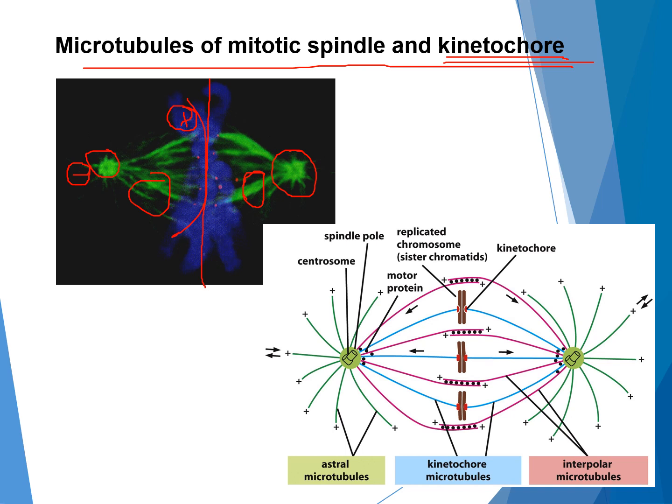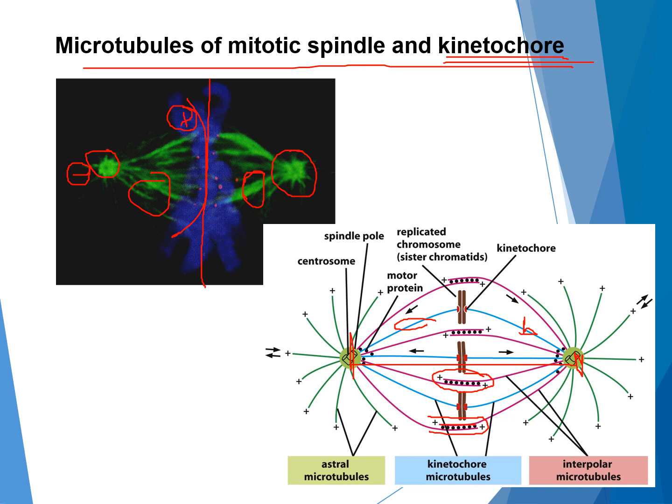Okay, and they also have the interpolar microtubules. Interpolar microtubules are the ones actually attaching to each other so that they can hold and maintain the distance between this and this. Okay, if they don't have this interpolar microtubule, what will happen if the shortening of this and this microtubule,